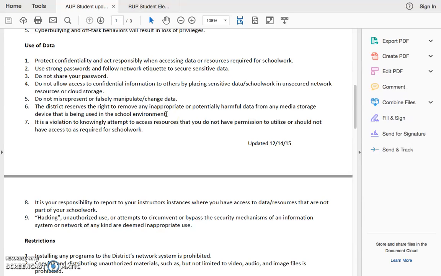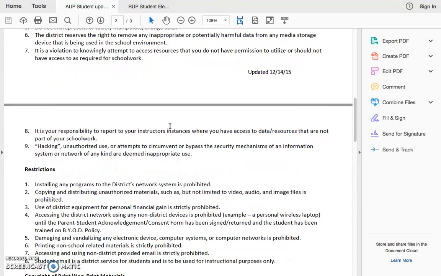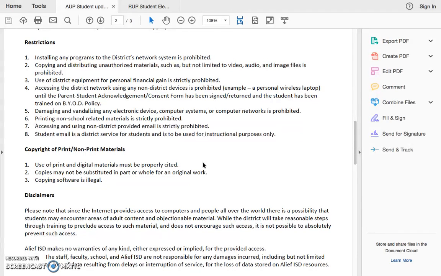The district can remove any inappropriate or harmful data from the network, and it's the responsibility of staff to report any issues. Hacking or unauthorized use of networks in an attempt to bypass security is prohibited and considered inappropriate and can lead to loss of privileges.